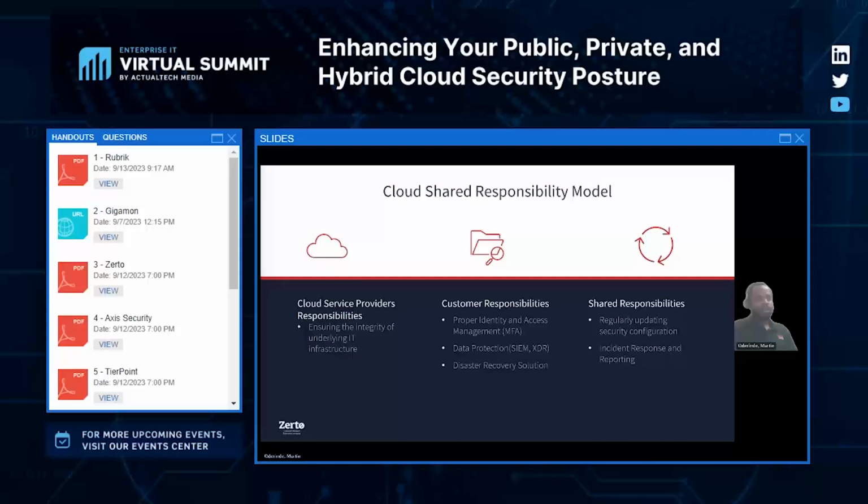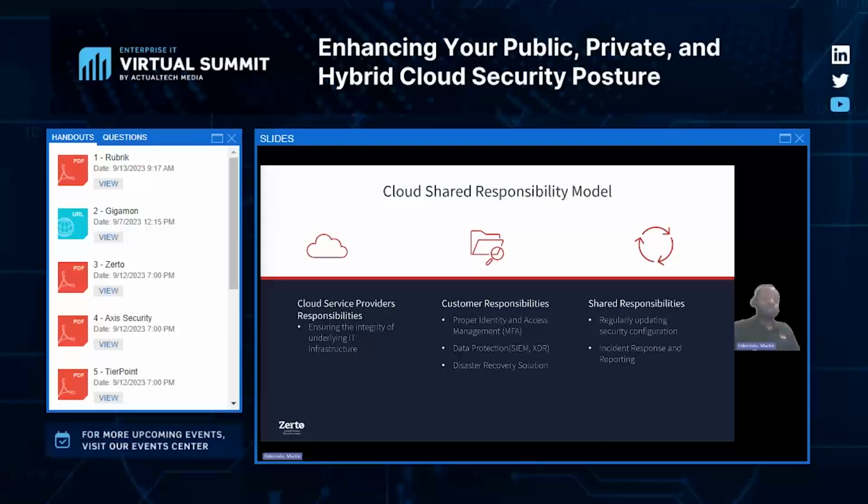But whether you're leveraging public, private, or hybrid cloud environments, it's important to recognize that while cloud service providers manage certain aspects, ultimately the responsibility of security and compliance lies with the customer. Vendors may operate the IT infrastructure and control things like flexibility, but your organization is really responsible for identity and access, security and encryption, and disaster recovery planning. The principle underlines the essence of the cloud shared